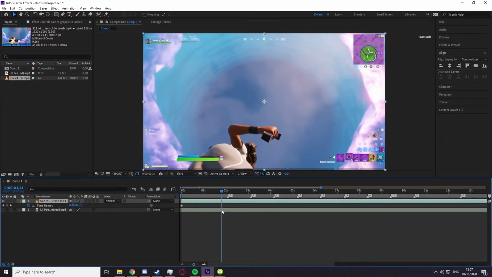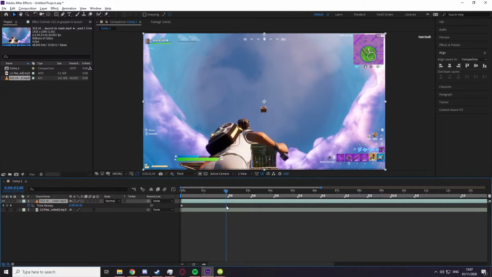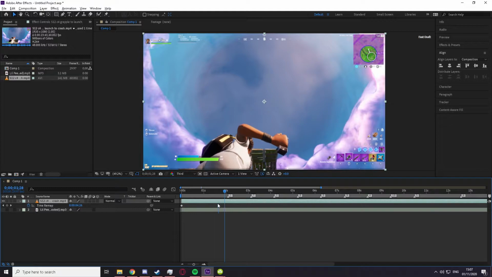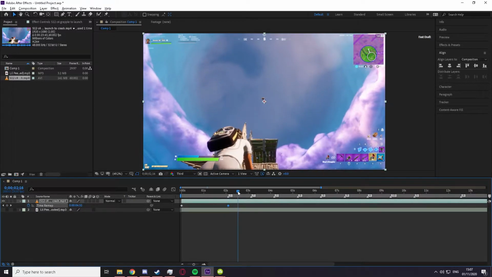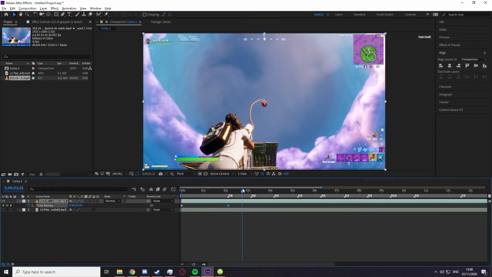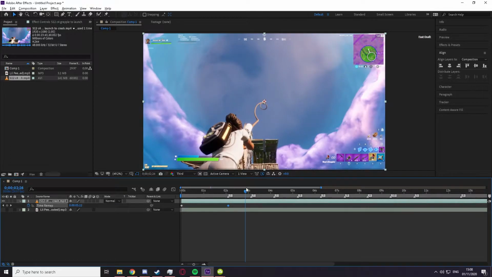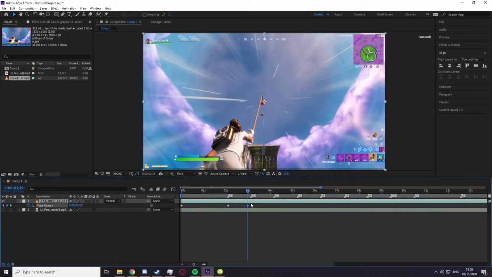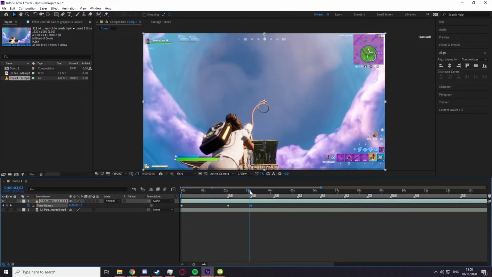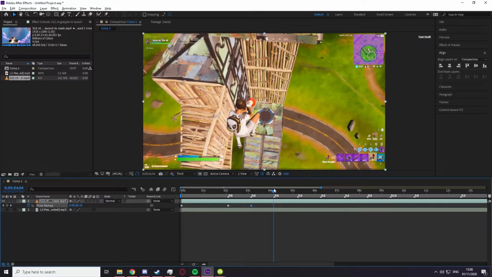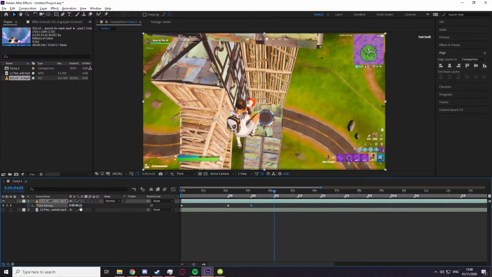So the first thing I'm going to do is go to the point where you see the C4 getting thrown, which is right here, and then drag this onto the first marker. And then he grapples onto the C4 right here, make a marker, put that on the second beat, and then hits the launch pad, which I'm going to put on this beat,